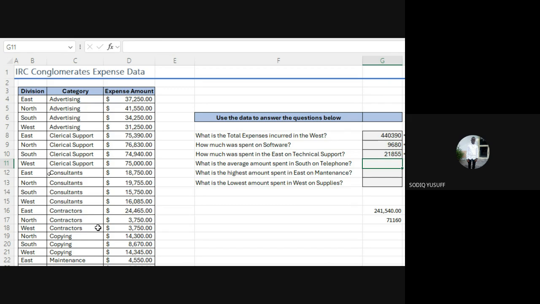Total amount that was spent on adverts in the south. How much was spent, total amount, it's the same thing. Expense. So how much was spent on advertisements in the south?